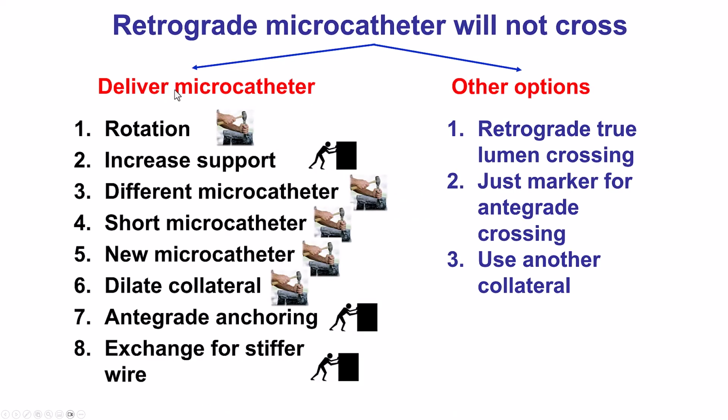There are two broad categories of techniques to use in this situation. The first one is trying to deliver the microcatheter through the collateral. The second one is giving up on the attempts to deliver the microcatheter and doing something else instead. So starting with the steps to deliver the microcatheter, 8 steps, the first step is to try to rotate the